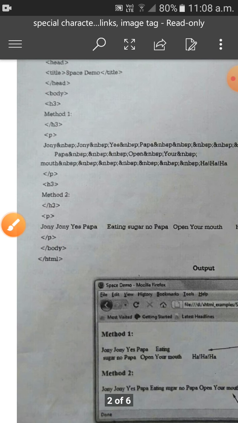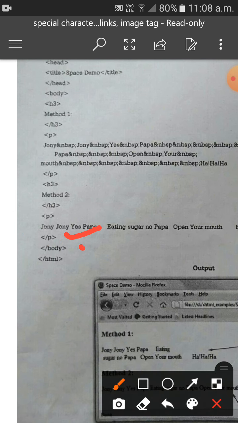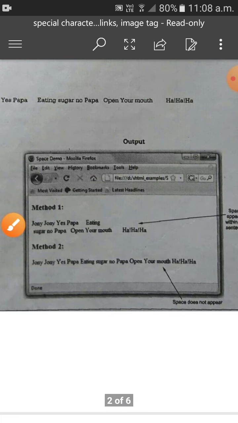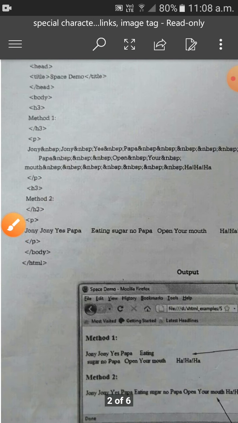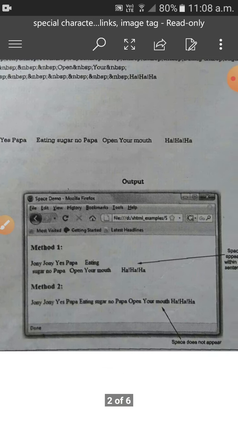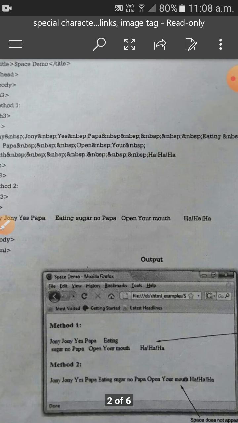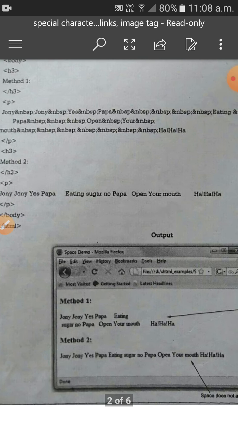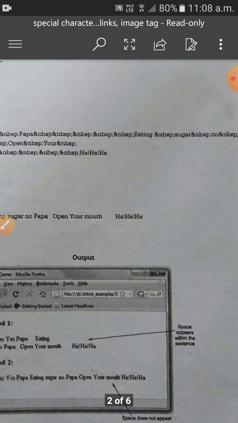Then we close the paragraph tag, the body tag and the HTML tag, and save this program in Notepad with a .html extension. Let's see the output. In method 1, where we use the NBSP, you can see the rhyme Johnny Johnny Yes Papa, eating sugar no Papa is displayed.